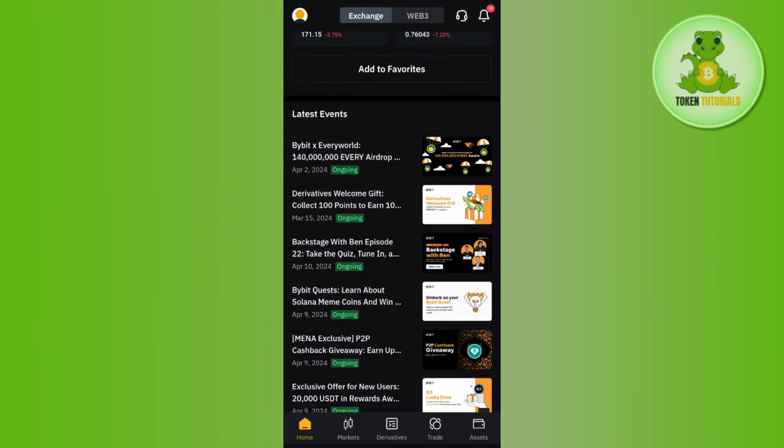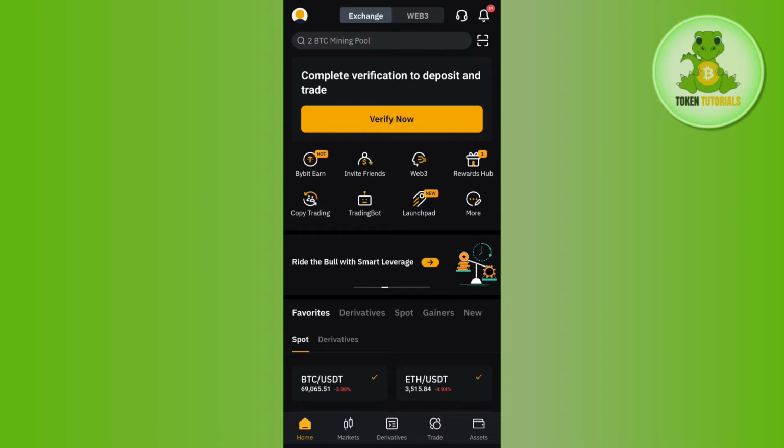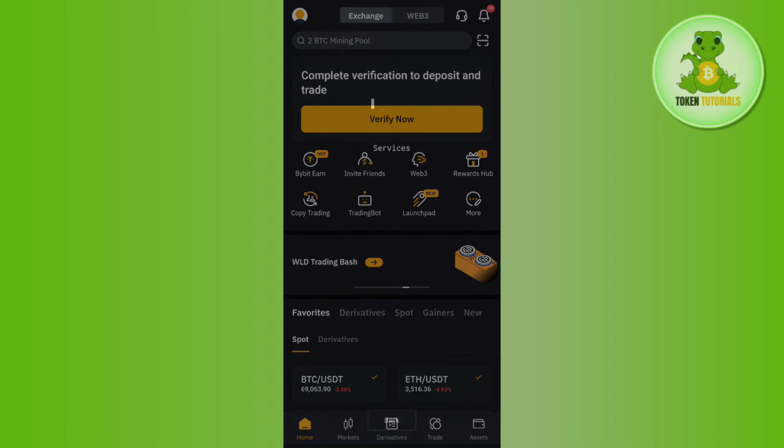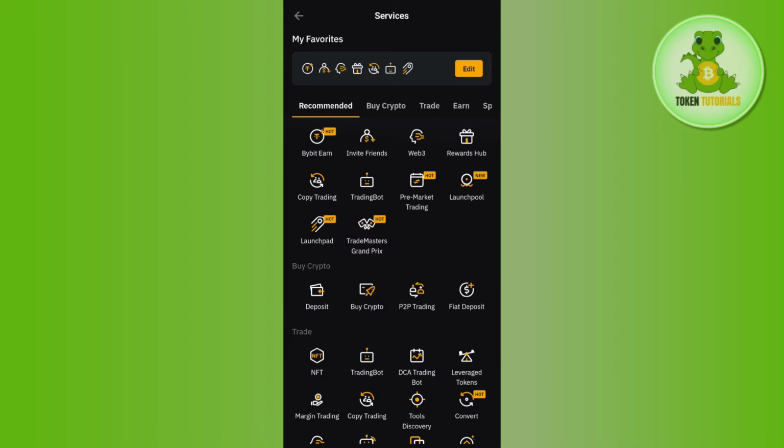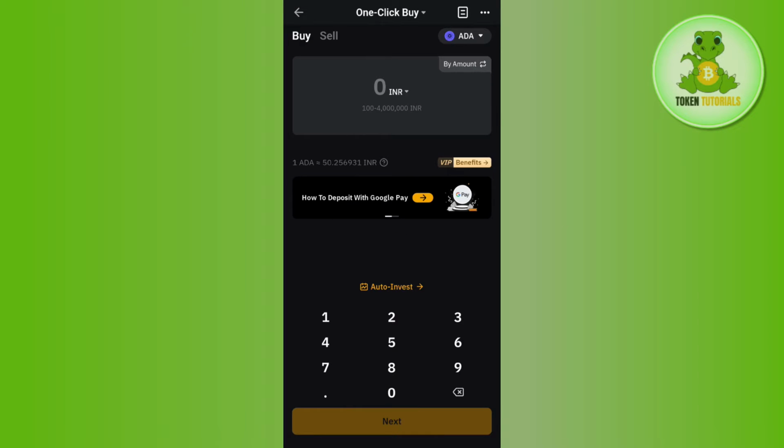In order to do this, you will have to launch your Bybit mobile application and then you just have to log in into your account. Now once you have successfully logged in, on the home page, you are going to see this more tab. So you need to tap on more and then you will be landed on this services page. Now over here, you need to tap on the option of buy crypto and then you will be landed on